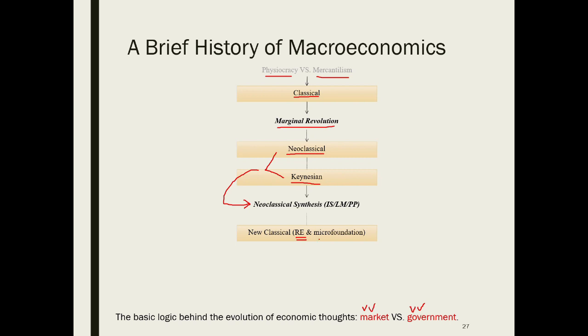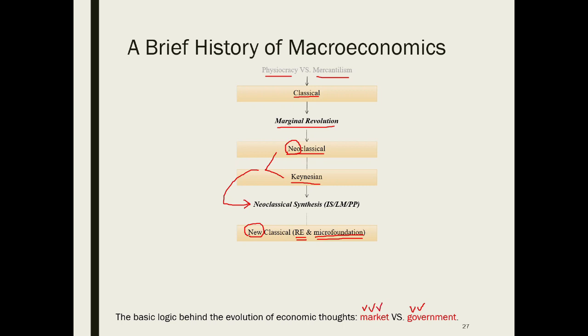In the 1980s, Prescott, following Lucas's idea, developed the microfounded models, so that all the models are based on the microeconomic principles. People have rational expectations. The microfounded models with rational expectations are called the new classical. Note that this new here is NEW, not to be confused with NEO. The new classical school are classical because they share the same policy implication, that is, government interventions should be minimized.